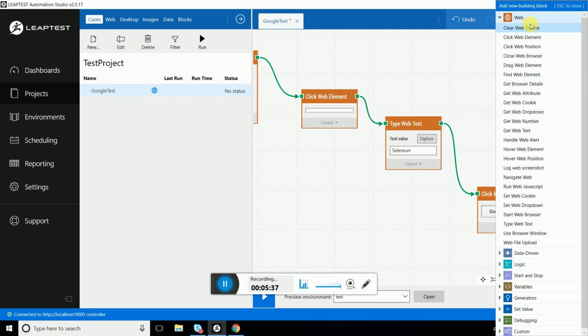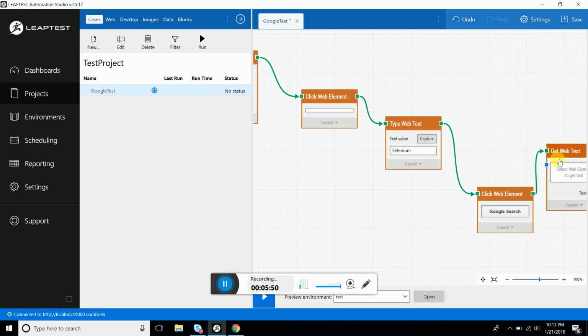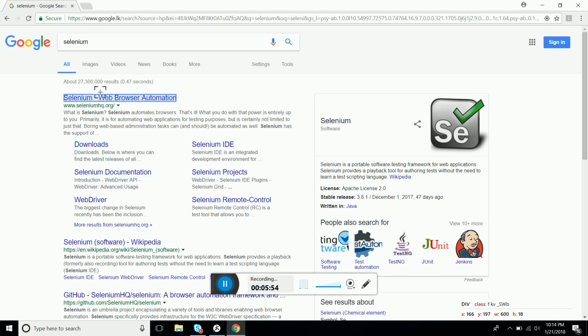So what we do is we get the text. Okay, so we have to again capture the text, Selenium web browser automation,